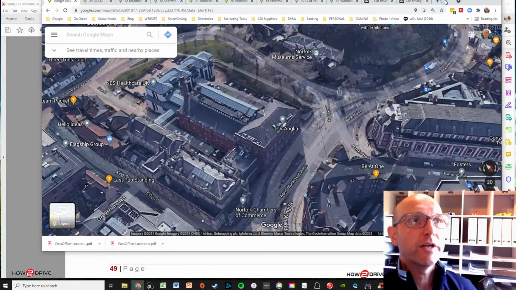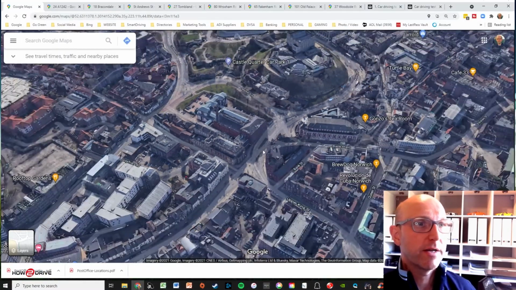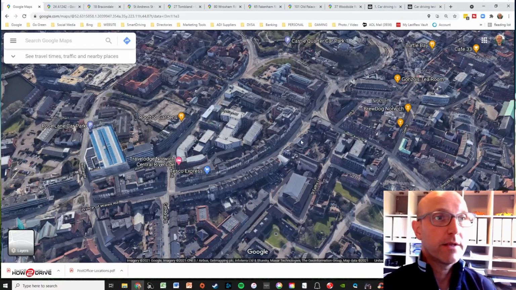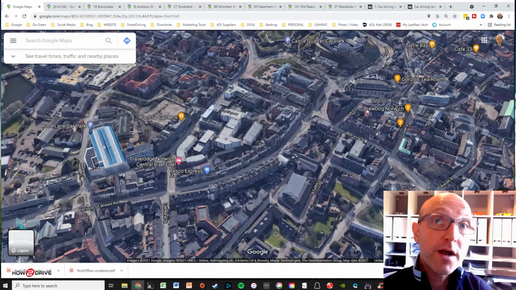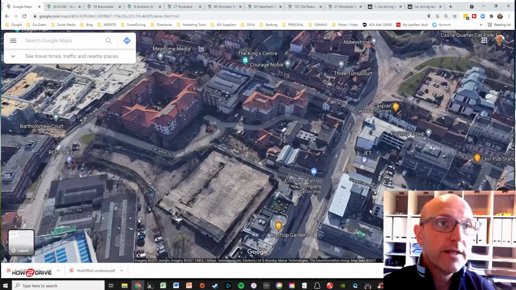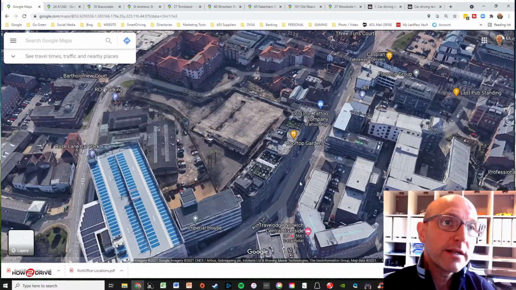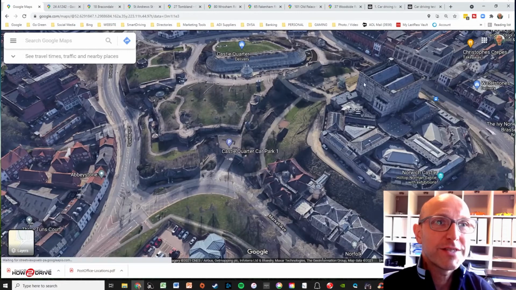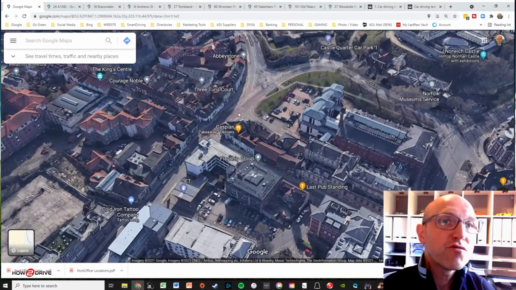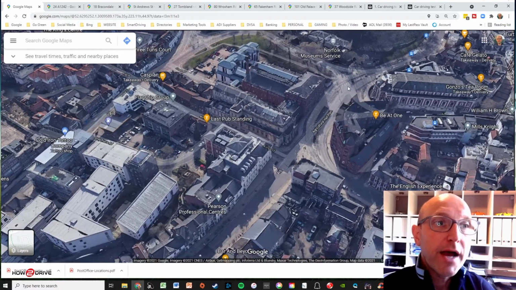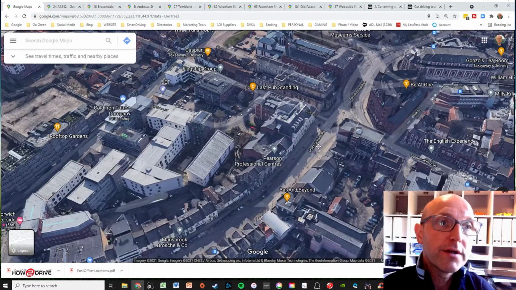So here we're in Norwich. Let's just zoom out here. So Norwich City Centre, a good little route, just going around a one-way system here. So this is Rose Lane, going up Rose Lane towards Castle Mouse. So the castle's there. So following the road round Market Avenue, coming down Prince of Wales Road, you've got lots